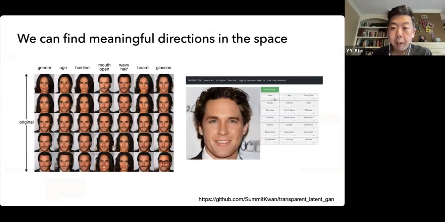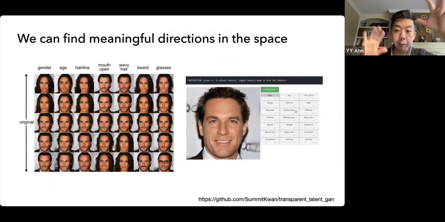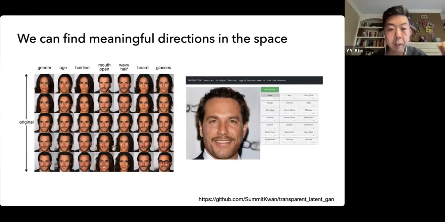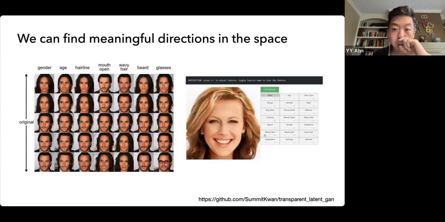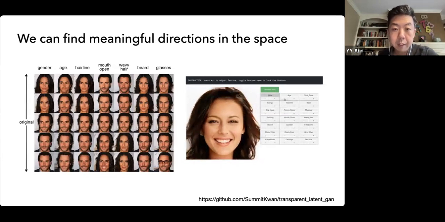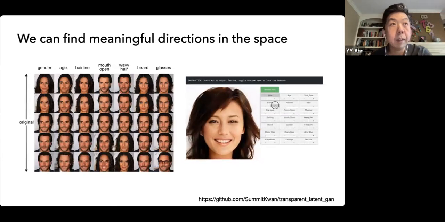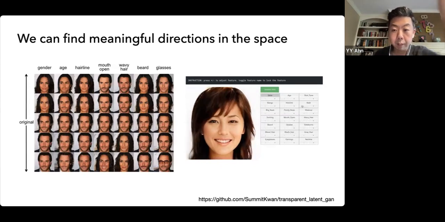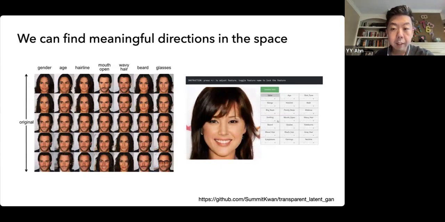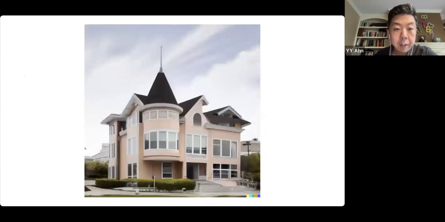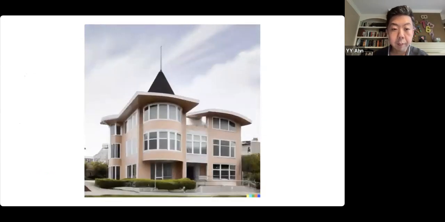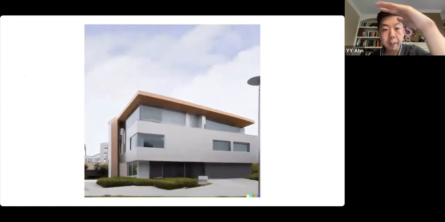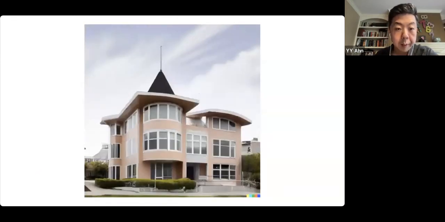Or in this example, you can imagine the space of faces and then directions where you add more hair or more age or beard and so on. So you can discover those meaningful directions. And that means we can interpret this as an actual space where the faces are located and related together. And this is another cool example of moving through the embedding space from an old Victorian house toward much more modern houses.